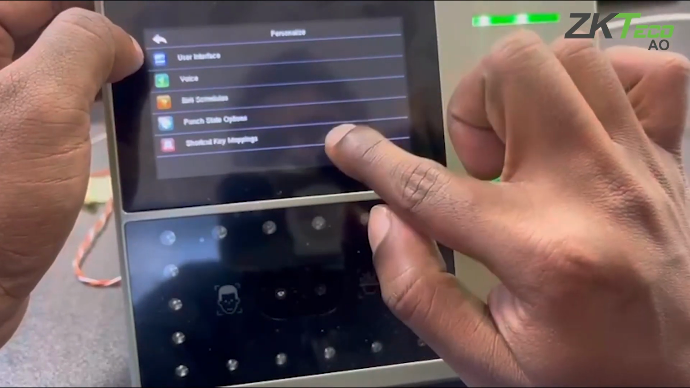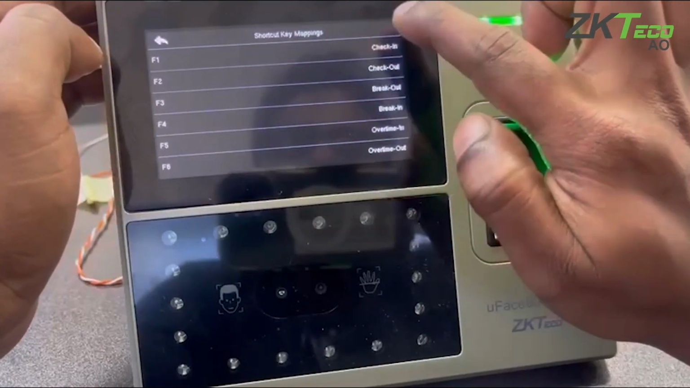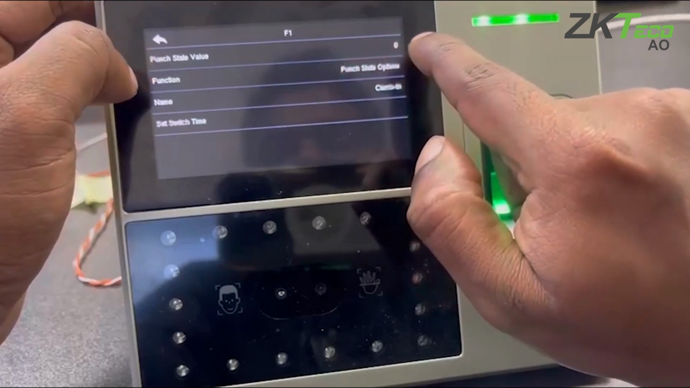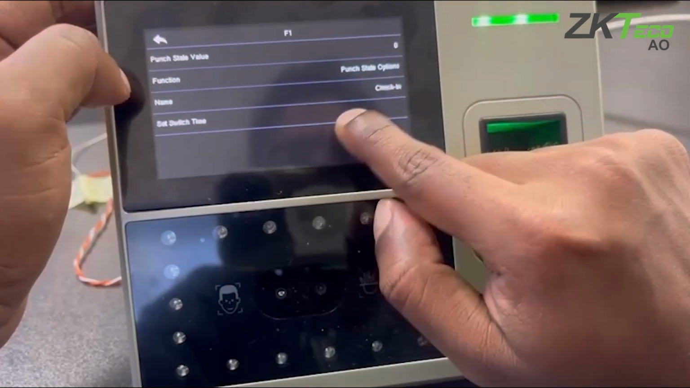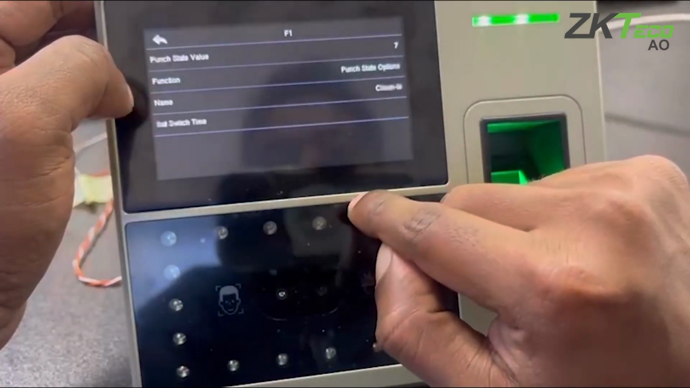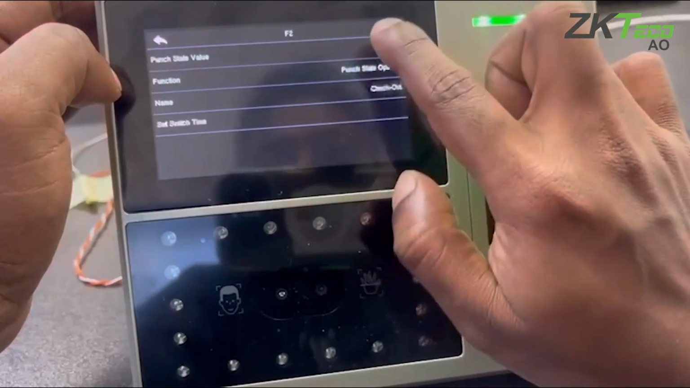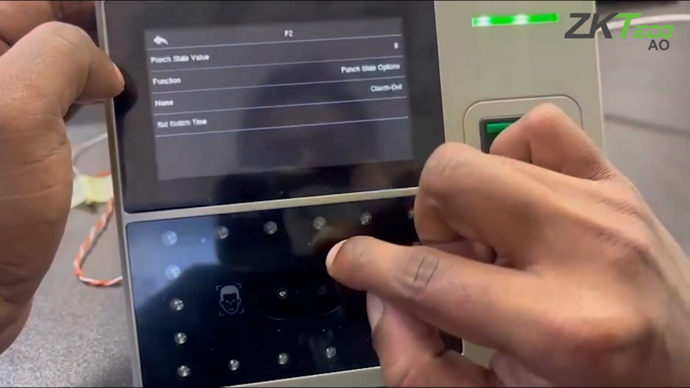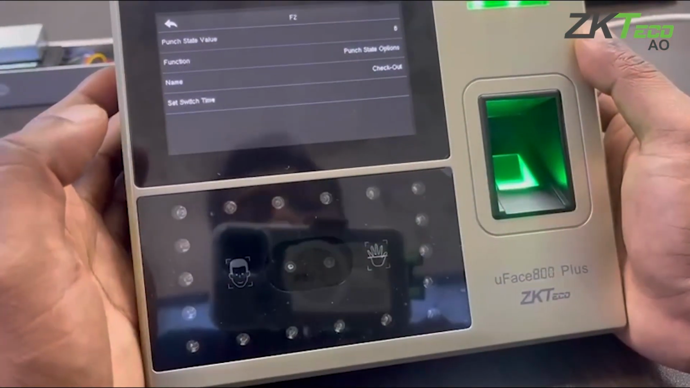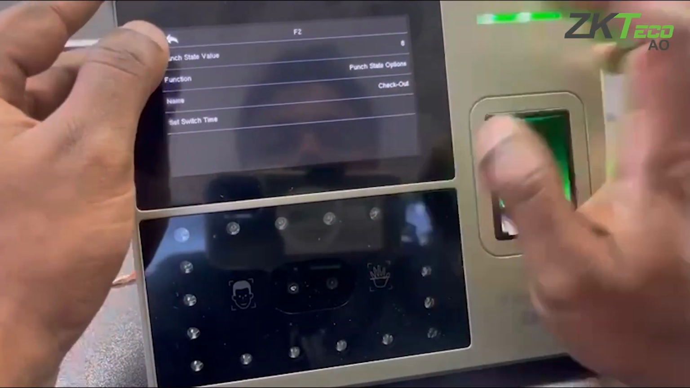Okay. So short key mapping. In short key mapping, we can mention the number over here, like punch state value 0, name, check-in. So I can give like 7. So checkout I can give 8. So these are just values. We don't have the keypad right now. In this uFace800 Plus there is no keypad available. So we are not using this